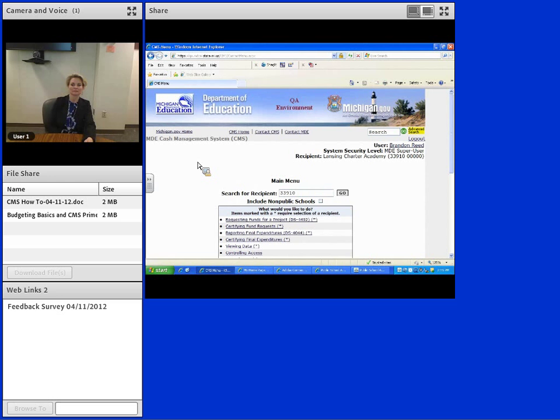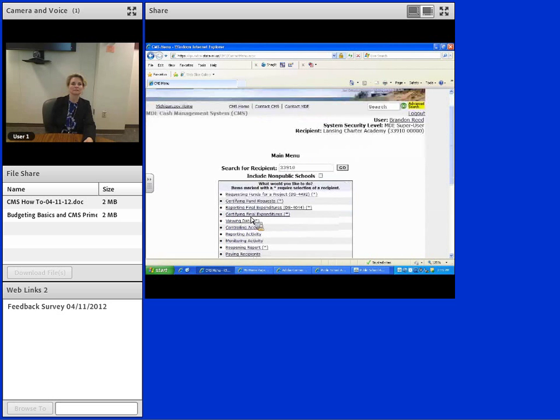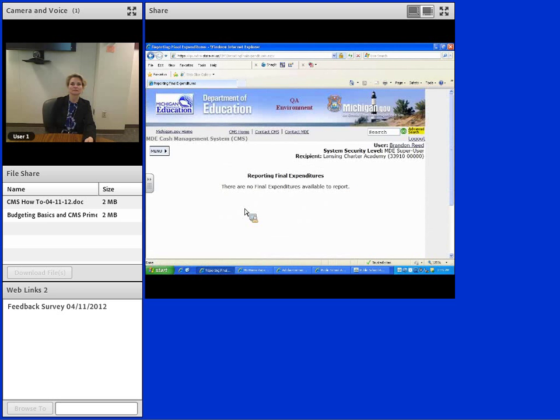The final expenditure reports now. Before we do a final expenditure report, you're going to want to make sure you have your budget with you, because you're going to need your function codes and your object codes in order to complete it. So it's very important that you have that before you start the process. Your final expenditure reports